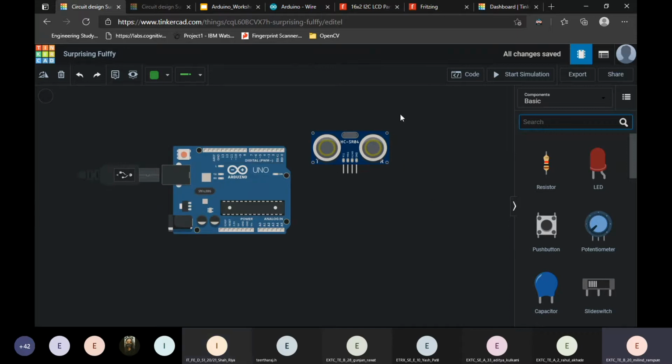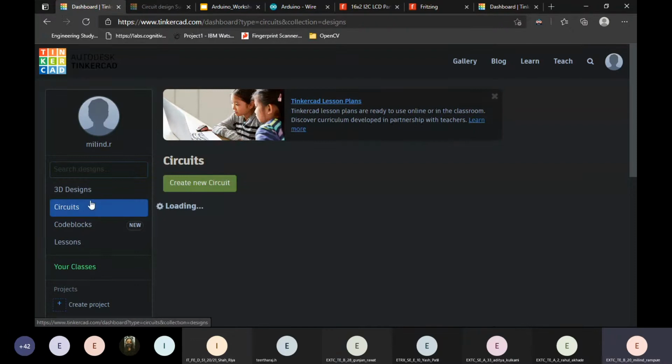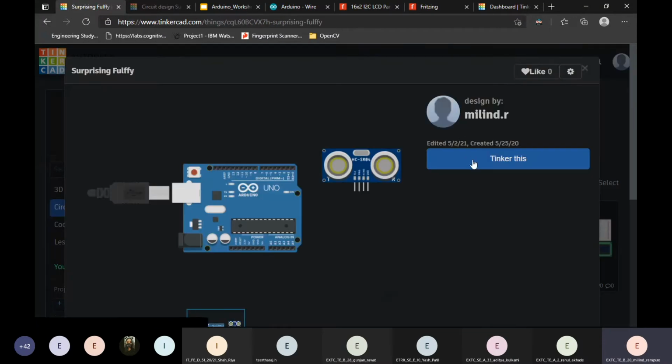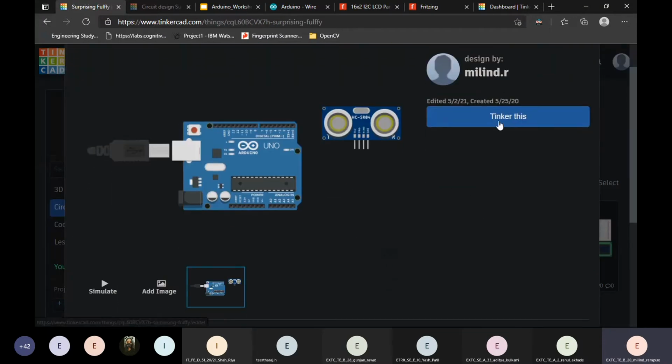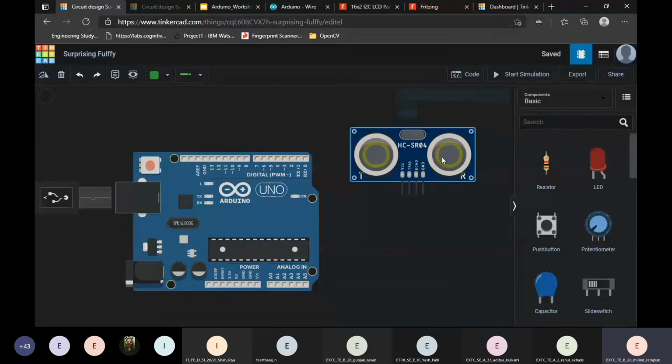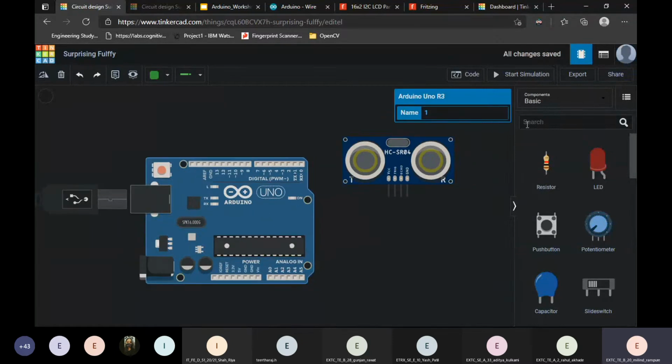After you sign in, you just need to go to Circuit Designs. You can create a new circuit here. I've created my own, so I will open this. After opening, you can search for the Arduino Uno here itself.